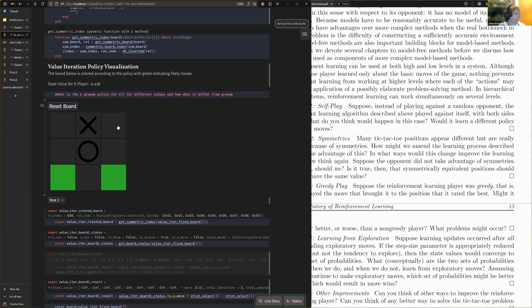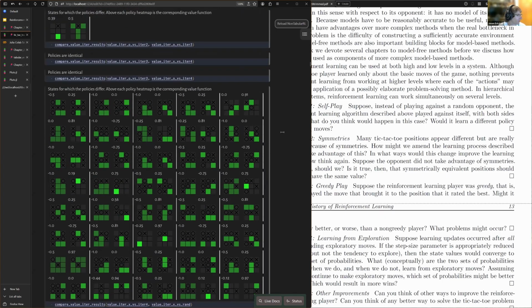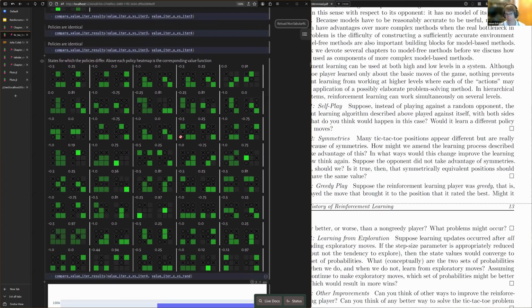But the minimax solution will never even consider a move up here, because it has already taken into account the fact that our opponent is always going to respond correctly to this. And then, if you look at this whole grid of possibilities, you can see other situations. A lot of them are just cases where